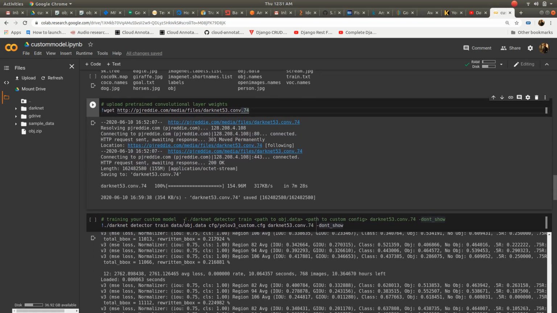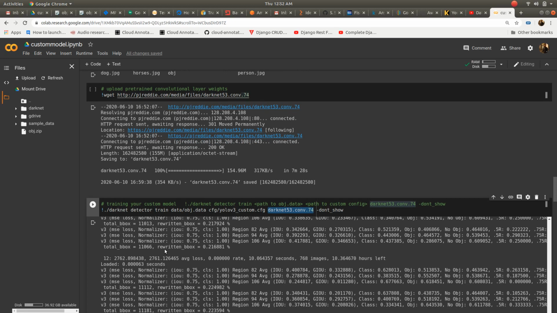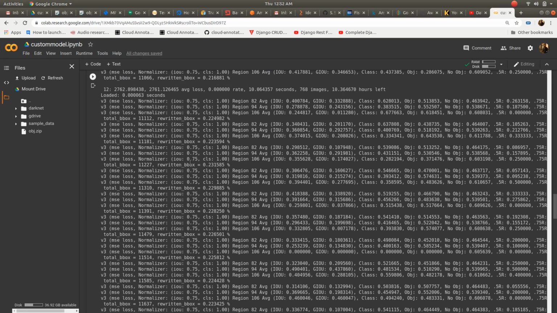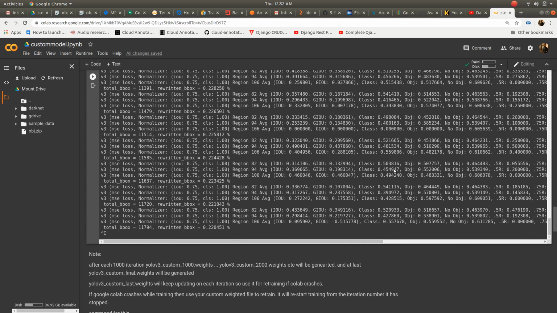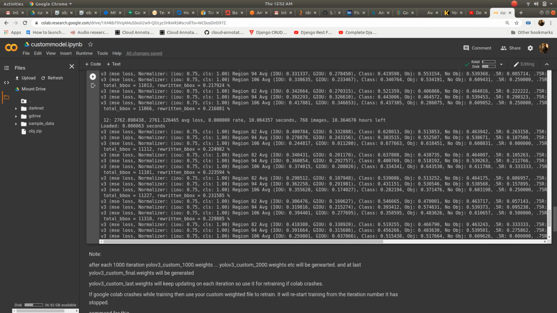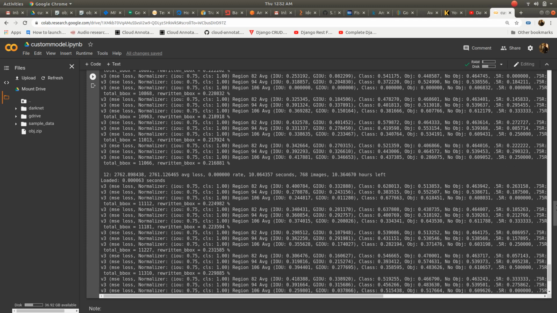So we just executed the command, and please remember we are executing these commands while we are in the darknet directory, not in the home directory. From there I executed the command darknet detector train. We gave the path of the data file, then the path of the configuration file, and then the weights file which we just downloaded. Once we do that, it will start our training process, and as you can see the training has been done in my system. I executed it for around 12 epochs only, because I already have the weights file.